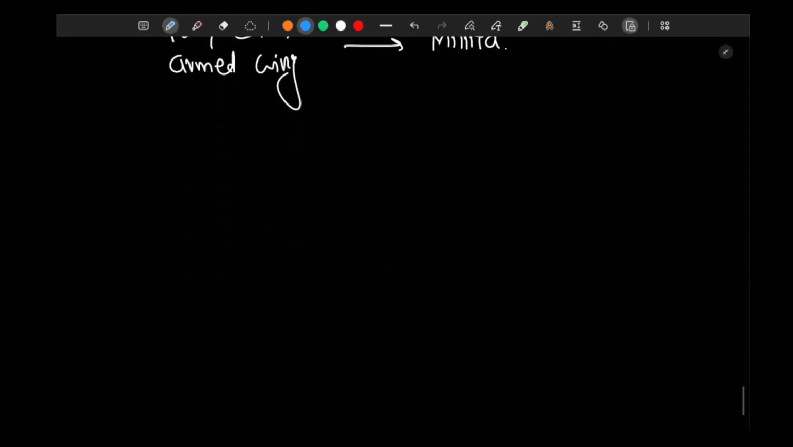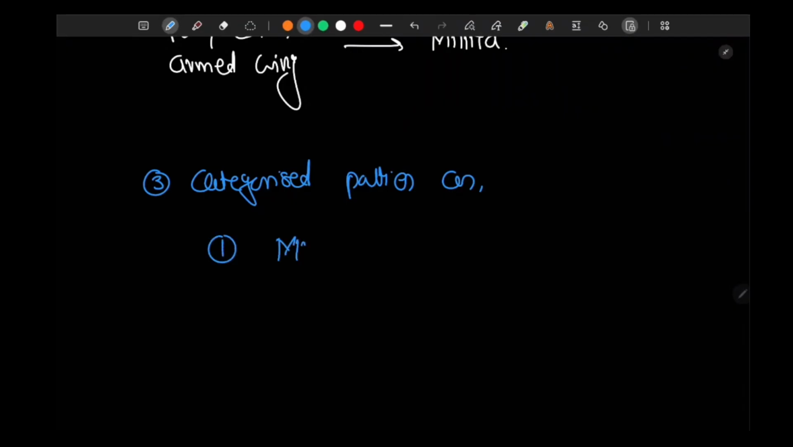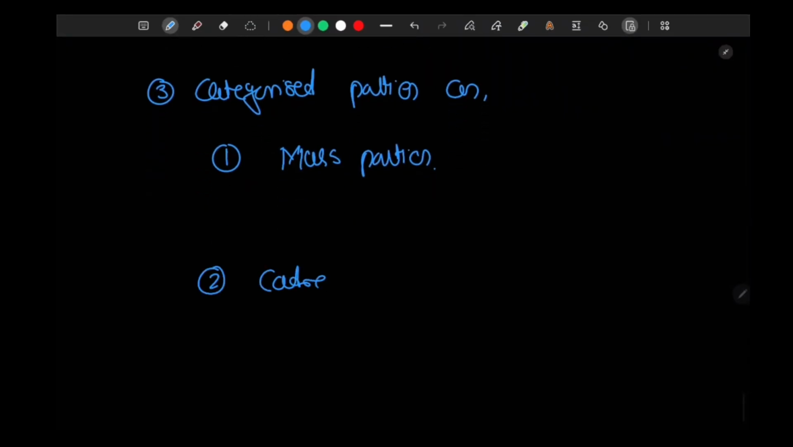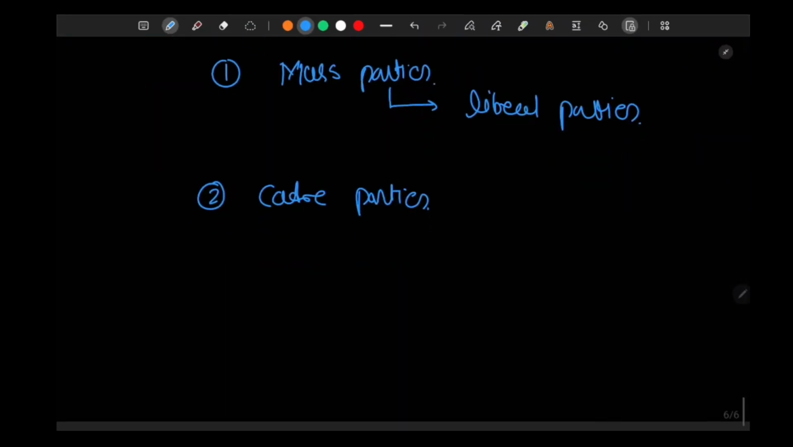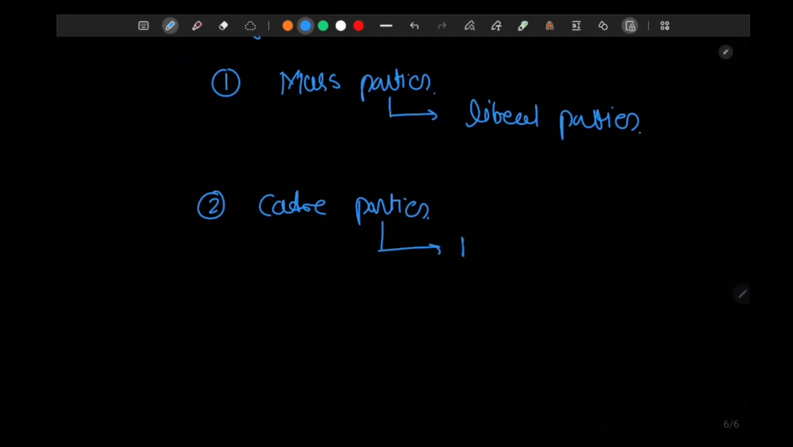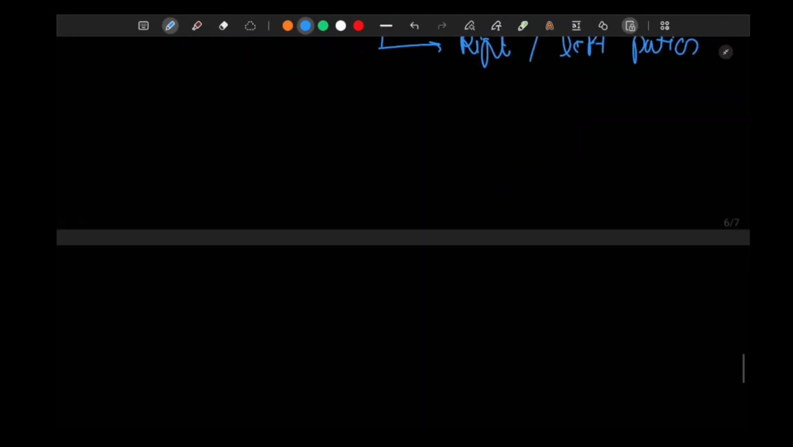Then the third principle that Duverger has given is that he has categorized parties as number one, mass parties, and number two, cadre parties. Mass parties are liberal parties, and cadre parties are either right-leaning or left-leaning parties. The fourth principle that Duverger has given,